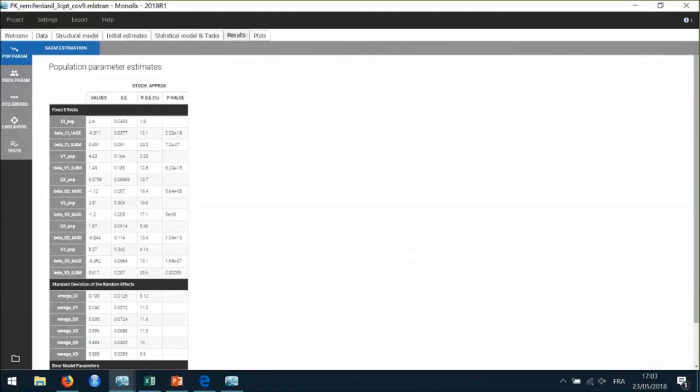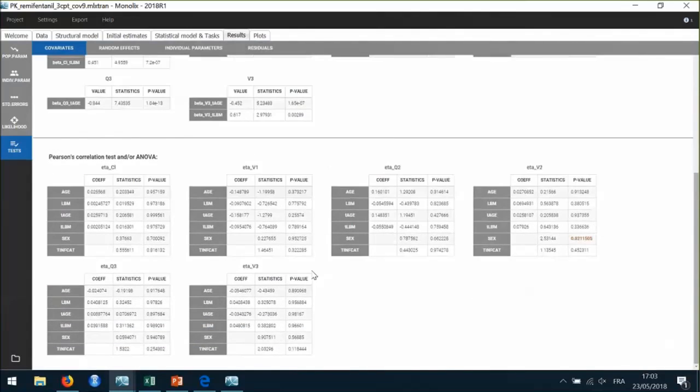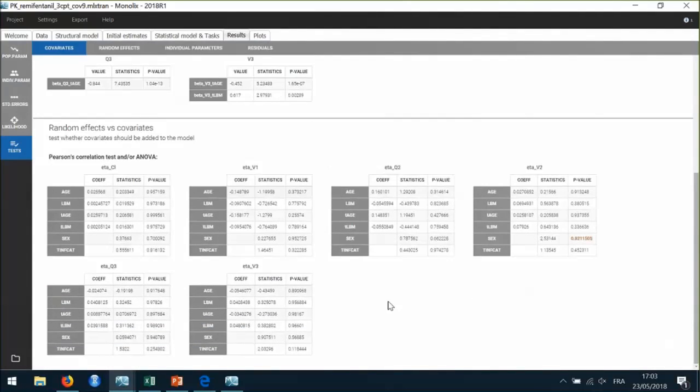I can check that all the parameters beta that are here are significantly different from 0. And in statistical test, I can check that there is no remaining significant correlation between the covariate and random effect.